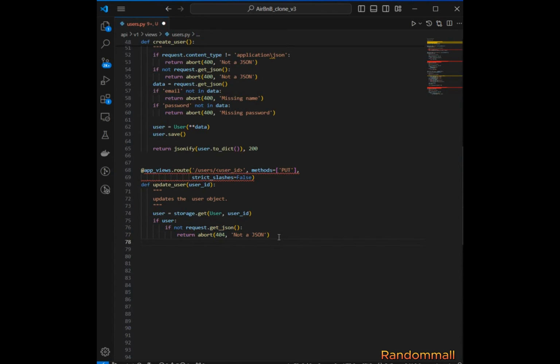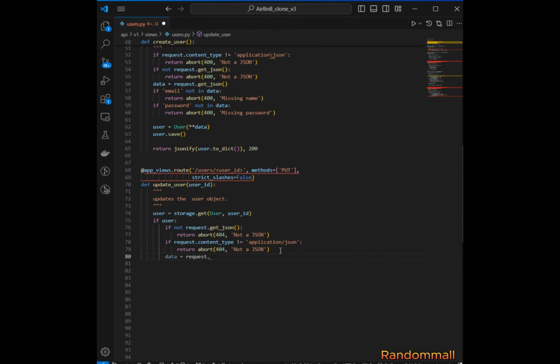Then we are also going to check that the content type is a JSON. If it's not a JSON, we are going to abort with 404. And then finally, or not finally,